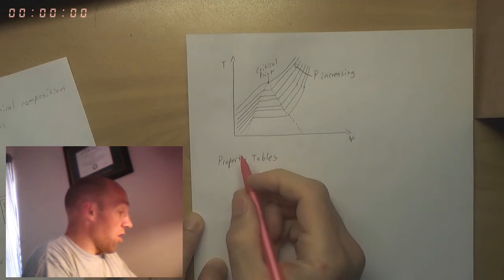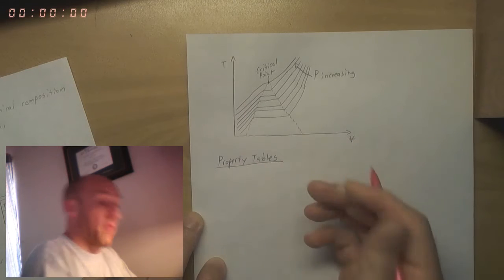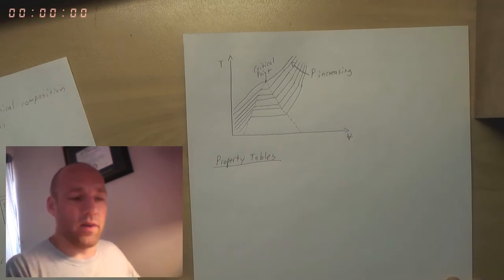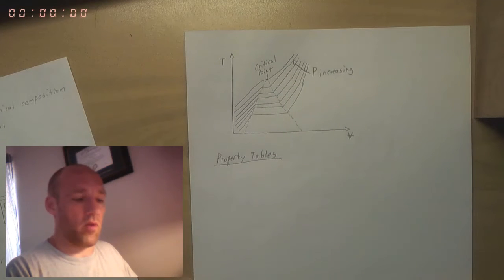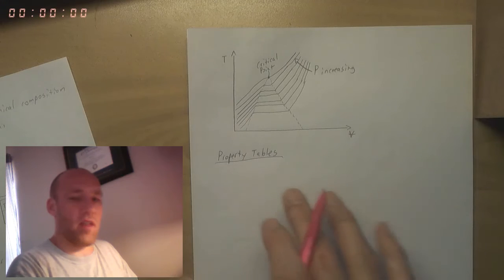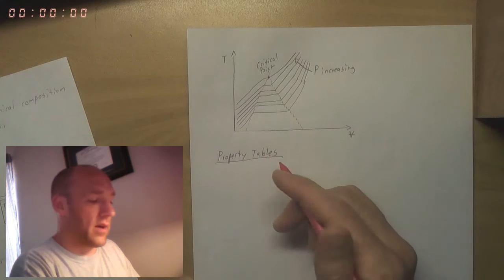So these things you can actually find in physical tables. Most of the time nowadays they're computerized. There's some available on the internet, and I'm going to set aside a separate video as to how we can handle it in this class. But